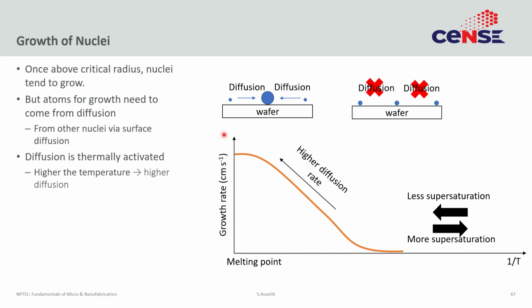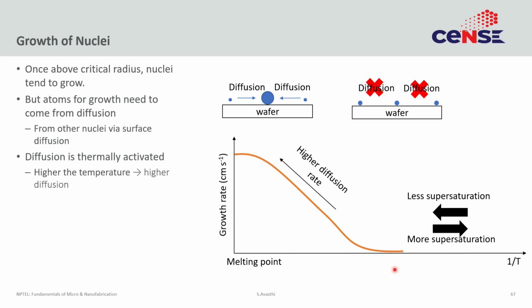Now, the consequence of this process on the wafer is also very apparent when you look at this. So, at high temperature you are able to diffuse, so your nuclei will grow in size, the growth rate of the nuclei will be large. At small temperatures, even though you have nuclei, they are unable to push the material to one nuclei, so you are not really growing them at any appreciable rate, that is why the growth rate falls.